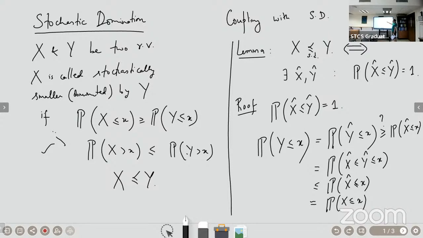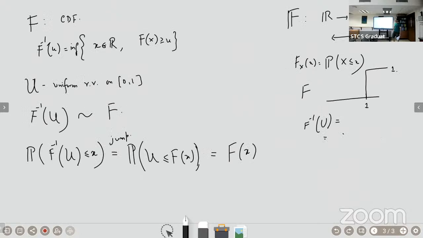Now, what we've shown is that X hat is a coupling of X and Y hat has the same distribution as Y. That much we know. Now all we have to establish is this. How do we show that? So X hat